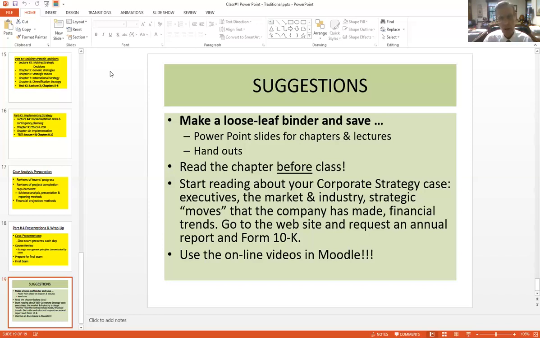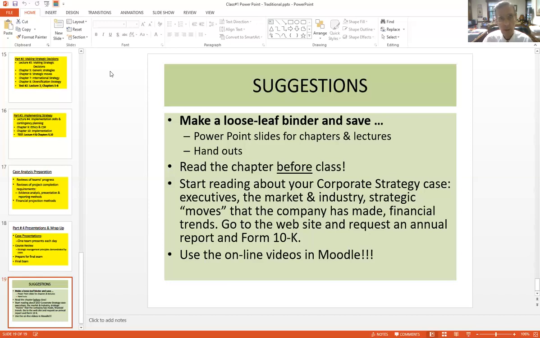And if you request a Form 10-K document, and perhaps a prospectus, for the most recent annual meeting, and maybe the annual report,